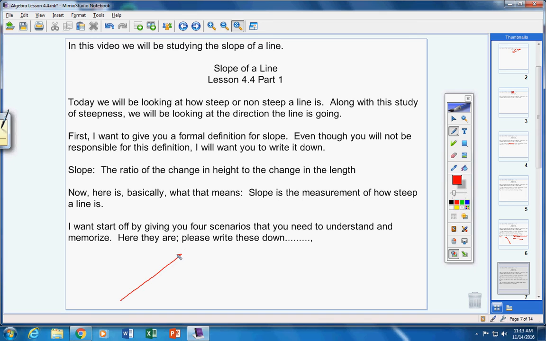If the line is going upward from left to right, so draw this line in your notes. This is the left side over here, obviously. This is the right side over here. If the line is going upward from left to right, the slope will be positive. You have to know that, students, okay? You have to memorize this. It's important that you know this. Okay? So if the slope from left to right is going up, the slope is positive. If the line, no, I can look at it from right to left. If I started here, it's going down. And that's why it's so important you understand going